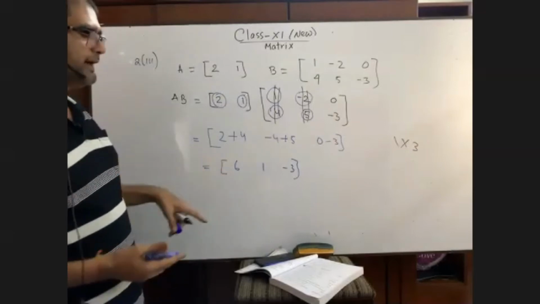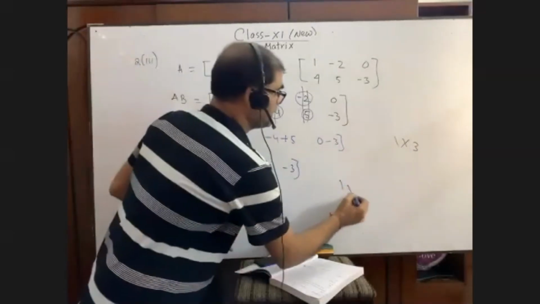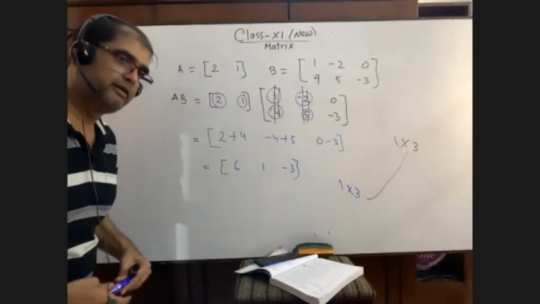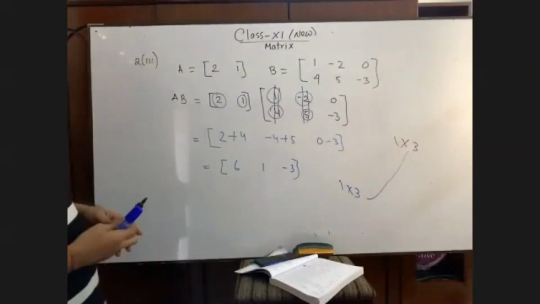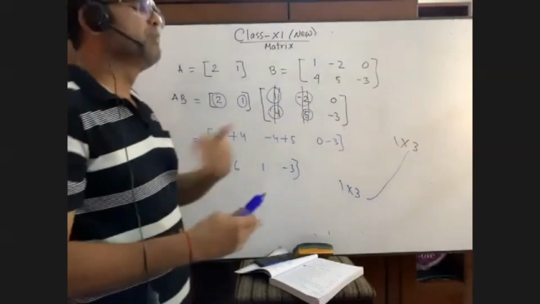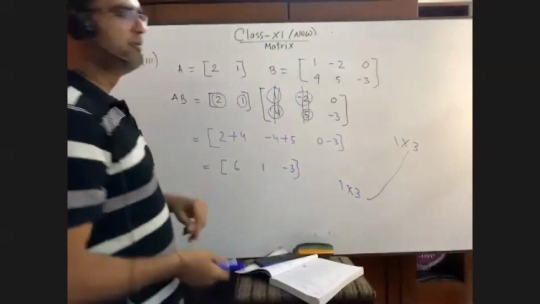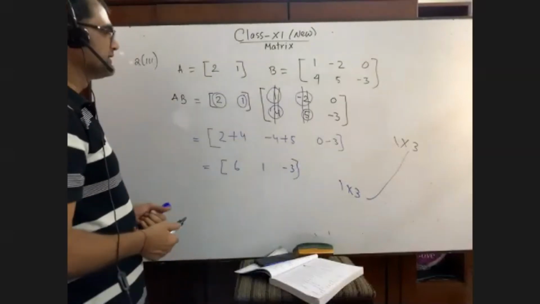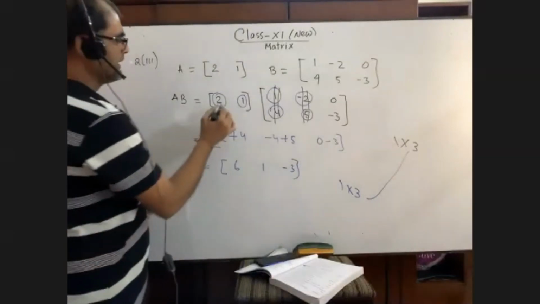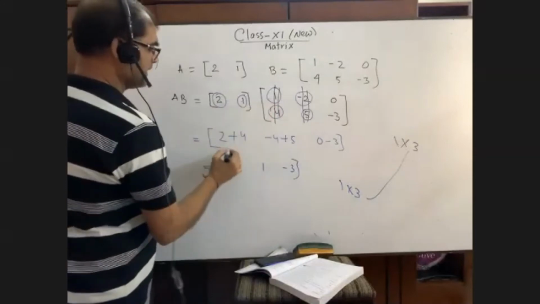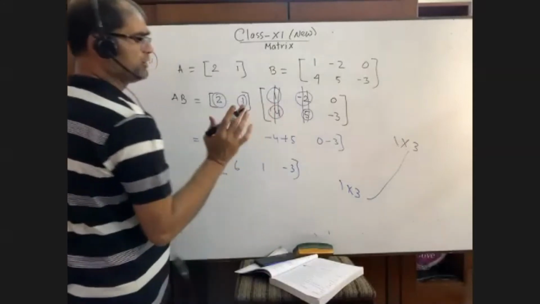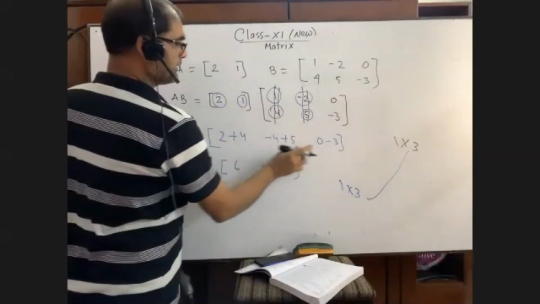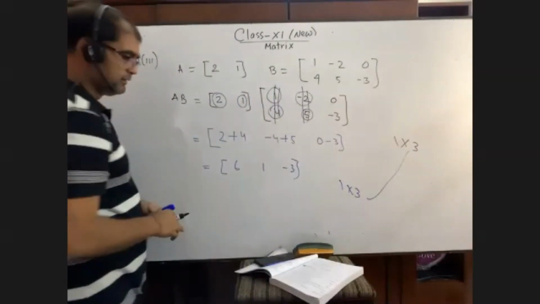For this, the new matrix is of order 1 into 3 that I wrote at first. 1 into 3. Have you seen it? If you at first come to know which order your new matrix will be, then it will be very easier for you to do this math. Otherwise, many students can operate here 2 into 1, so it will be here something like that. No, not that. You know only one row, so there will be no second row here. So this math is done.